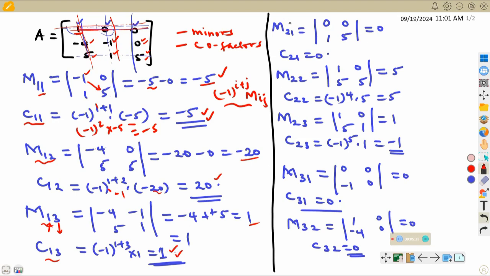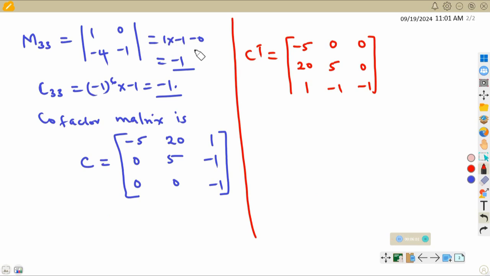So do the same for M21 to get C21, M22 get C22, M23 get C23. Do the same up to when you reach M33. Being the same, we shall be able to obtain M33, and the M33 obtained should give you -1, and the cofactor C33 should also give you -1. So having obtained the minors and the cofactors, we are interested in getting the cofactor matrix,